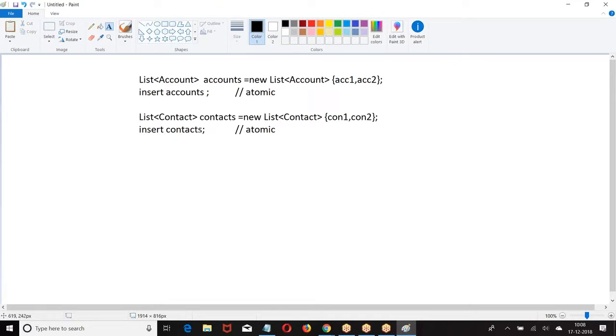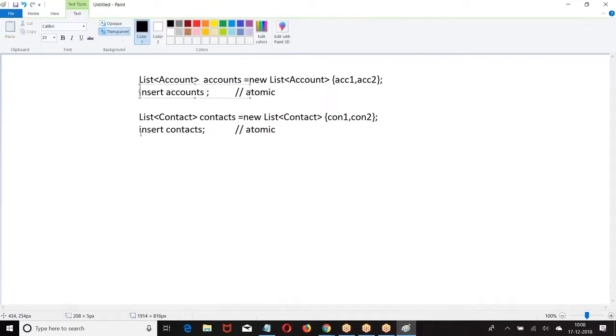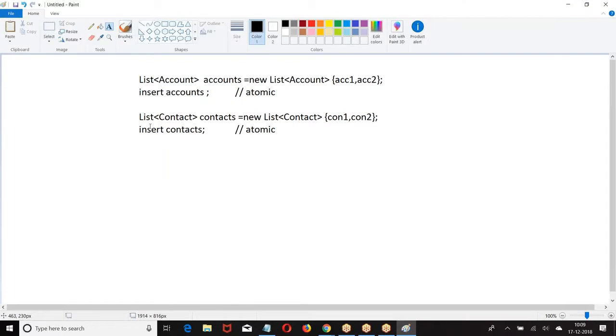This is separate, this is separate. Now I want to say, both the DML should be success or none of the DML should be success. How will you implement it? When I say insert account, if any one of the account records fails, all the records will fail. When any one of the contact records fails, all the contacts will fail.